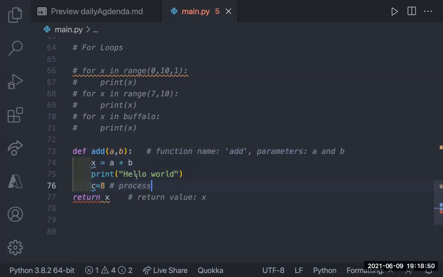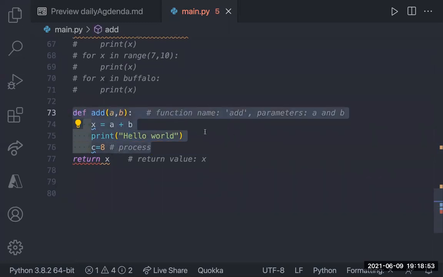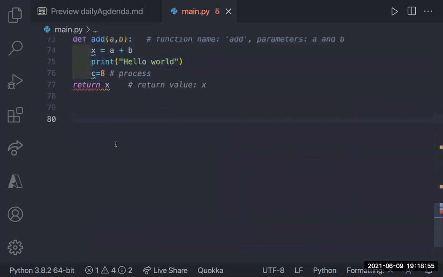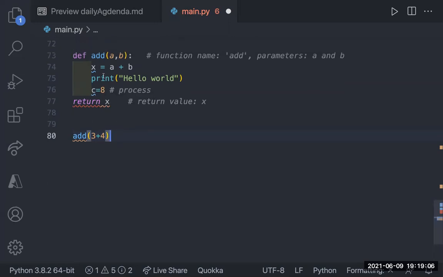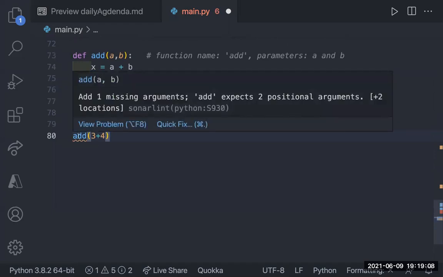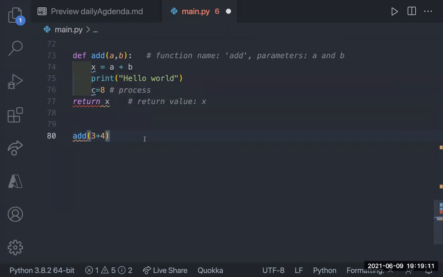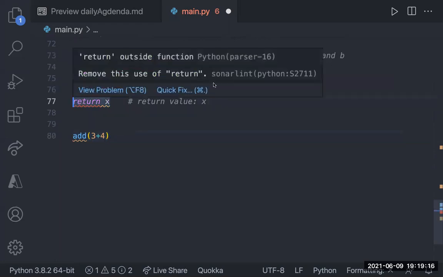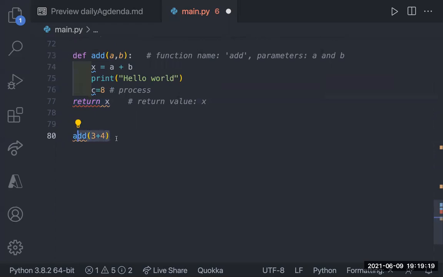But here, because this is just a function, if I call add 3 plus 4, what happens is, A, add 3 plus 4 is not going to give me anything, but B, it never gets to this code, because it only runs the function when the function is called. So it doesn't come up here and keep going and rerunning all my code. So that is not ever read, or it's read at the beginning, right?